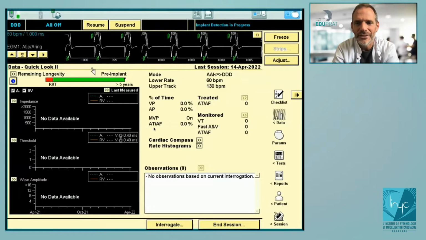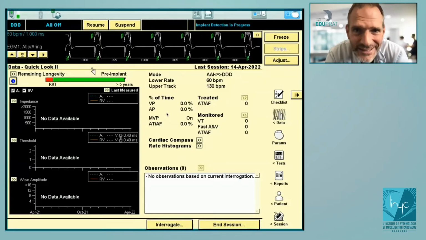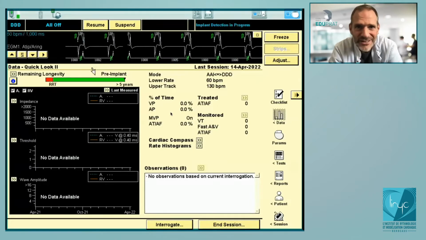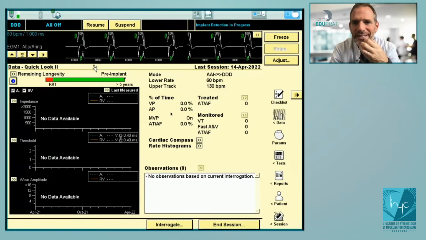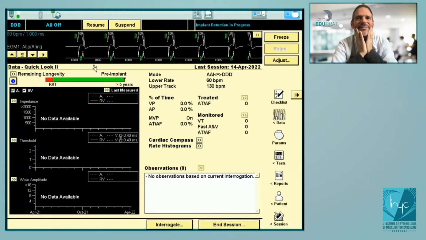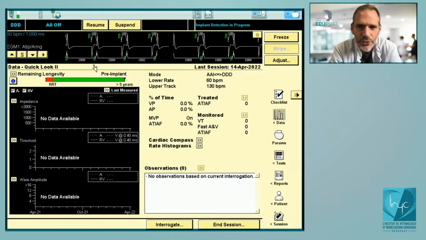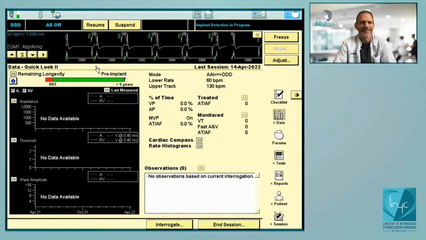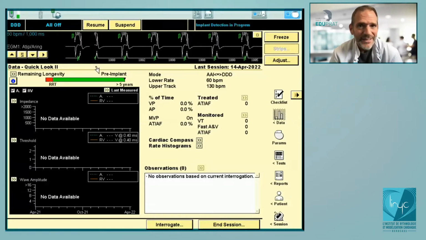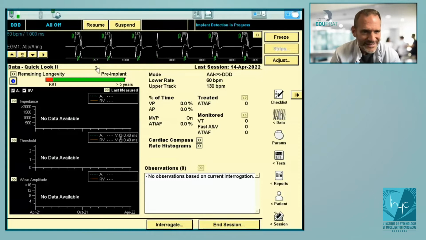So the configuration today is you have just implanted a patient with sinus dysfunction, and you have implanted a dual chamber Medtronic device. So you are inside the implanting room, and then you need to program the device. So the first thing, once you have implanted the device, every time we need to check,